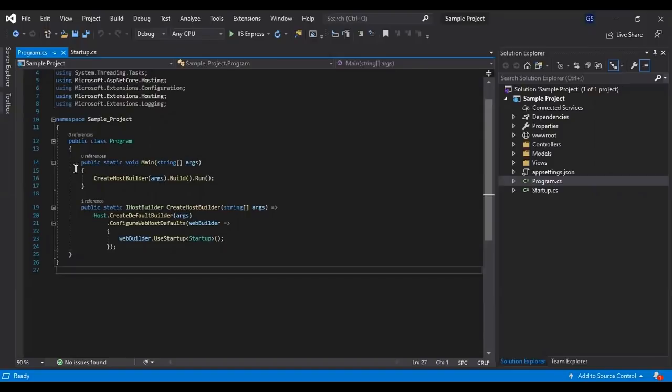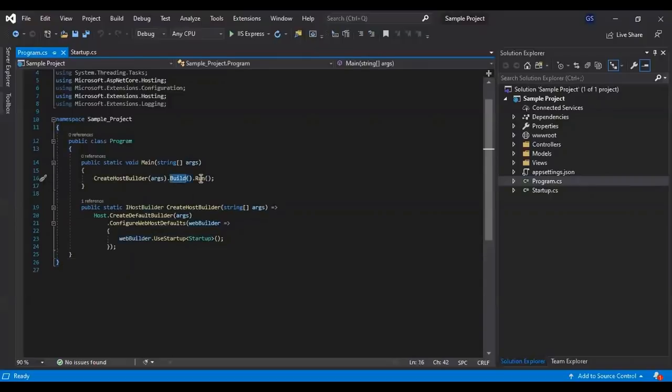If you look at the body of the main method, you will find it makes a call to CreateHostBuilder by passing the command line arguments. As you can see here, it returns the IHostBuilder object which builds your application, eventually converting your console application to the web application.